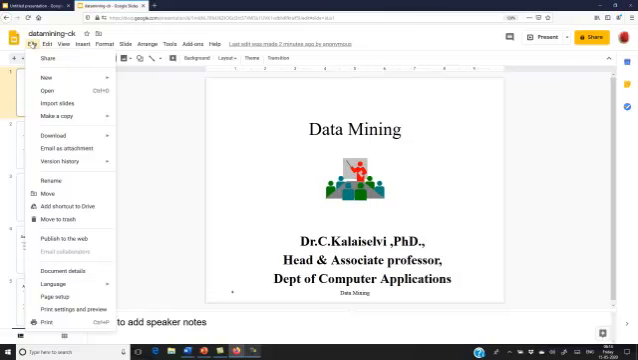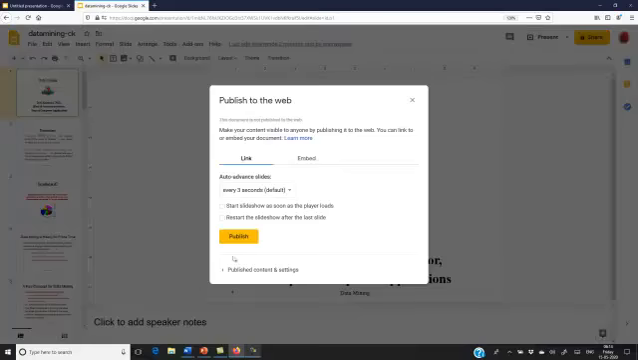Now go to the file menu and click on Publish to the web. Make your content visible to anyone by publishing it. I'm clicking the Start Slideshow as soon as the player loads. By clicking Publish,